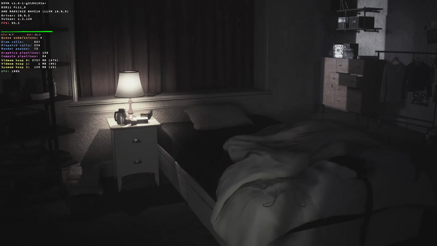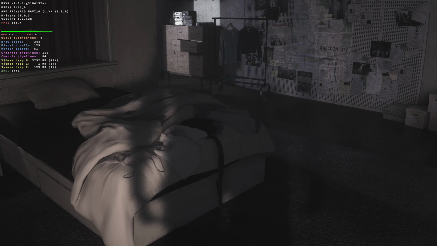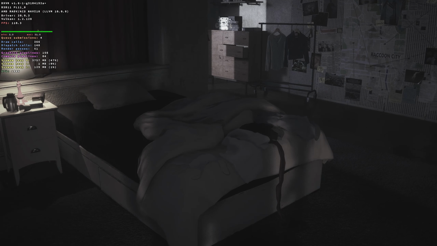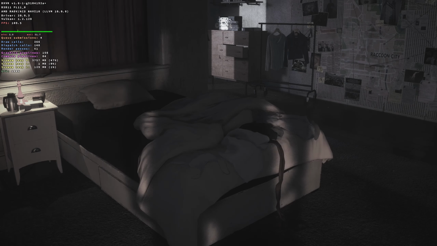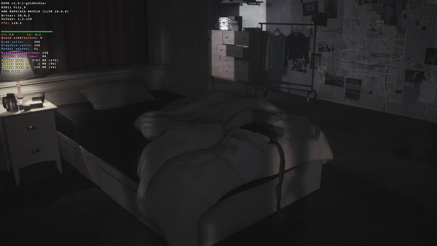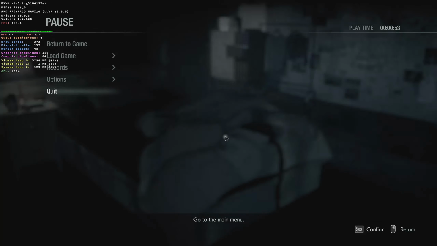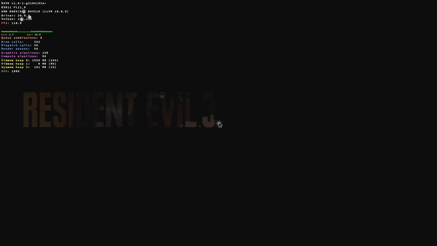All right, well, that, folks, is how you get Resident Evil 3 running in Linux. Guess I need to make a Proton DB entry for this particular title, and we will call it good. As a matter of fact, let's do that now. I haven't demonstrated